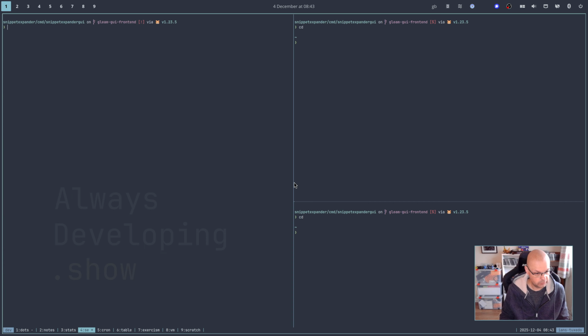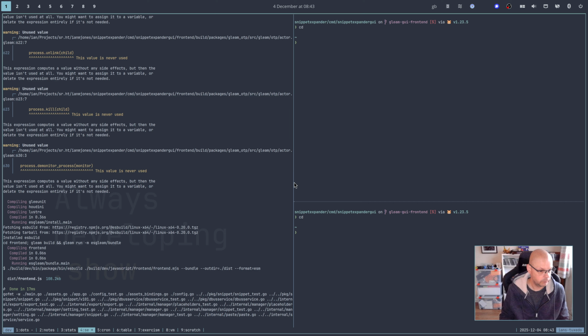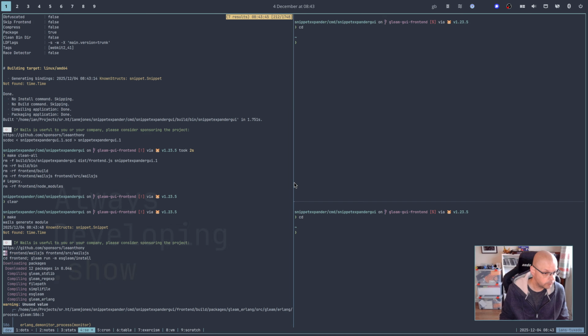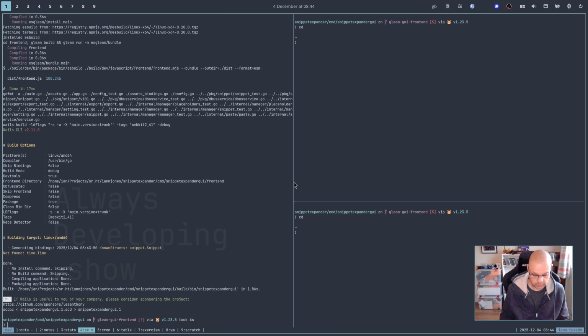So if I clear this and do a make, and then have a look backwards, I should see a move at the right time. If I do it again,